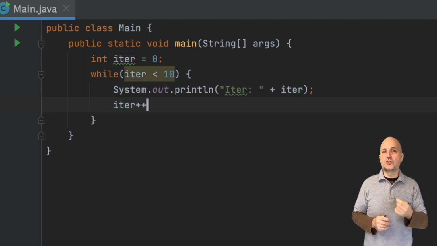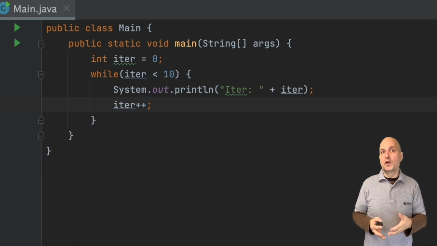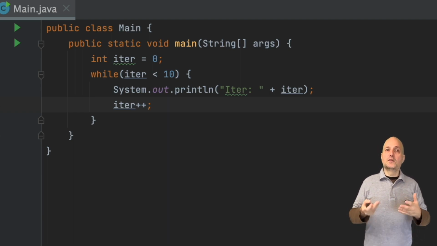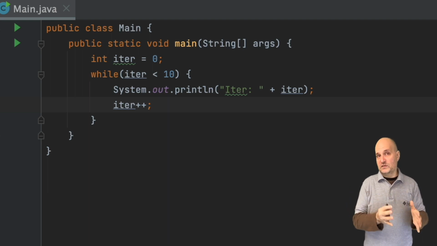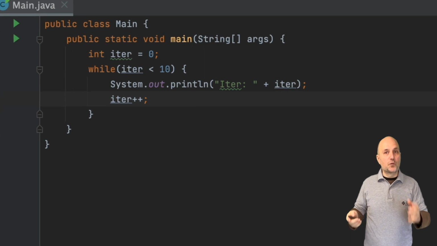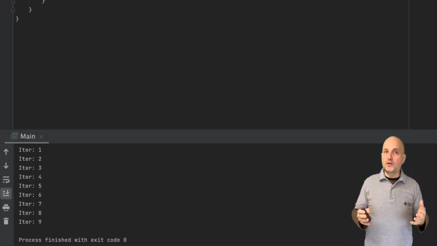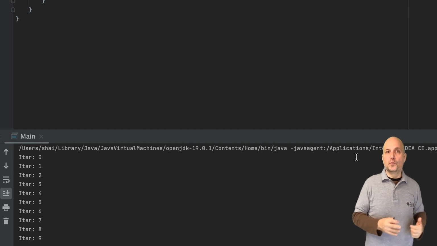We print just like we did in the for loop, and finally we increment the iter variable in the end of the loop. Typically, you would use a while loop for more elaborate things than this. But since we didn't learn those things yet, I'm using it as a poor man's for loop. When we run it, we get the exact same output we got with the regular for loop.